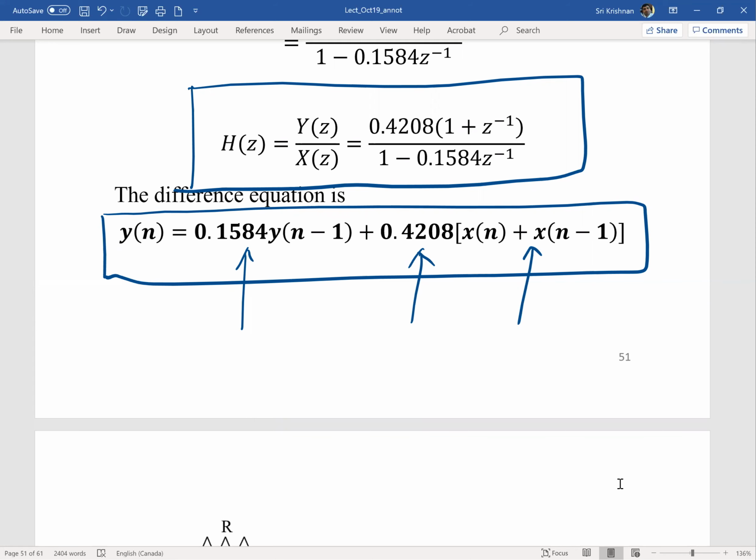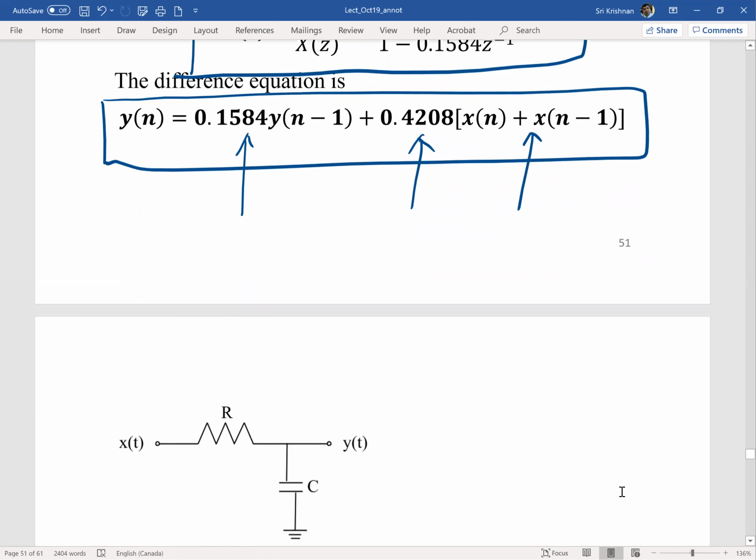So what's important at the end of the final IIR filter design in the digital domain are these numbers: 0.4208, 1, and 0.1584. And as I've been telling before, we cannot afford to do any rounding or truncation operations on these filter coefficients because they will have an impact on the eventual performance. So we need to retain as much as possible the floating point and the double precision representation of the filter